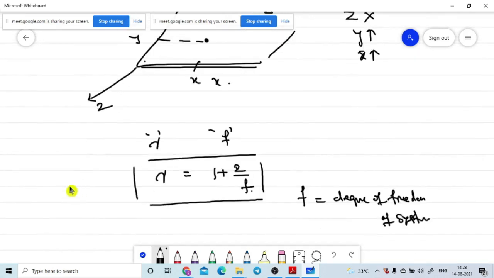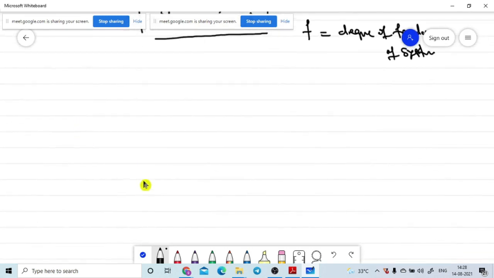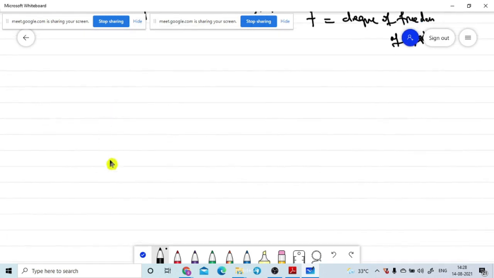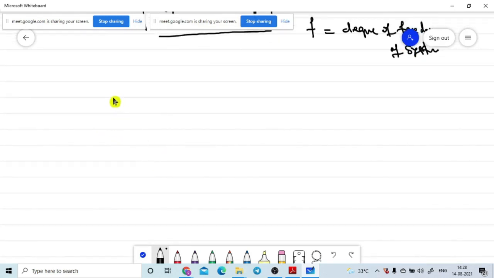Now up to your level, I am requesting you, please note it down. These degrees of freedom. What are the degrees of freedom for the 3 systems? You need to know these values. The degrees of freedom for a monoatomic system are 3 only. If you go to the diatomic system, the degrees of freedom are 5.